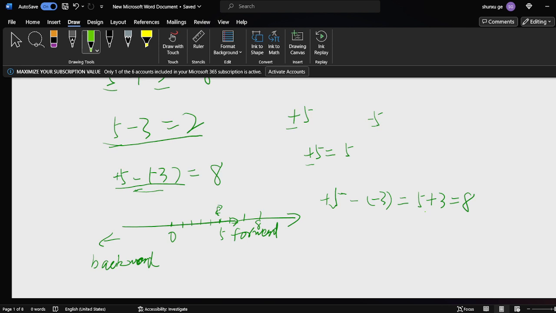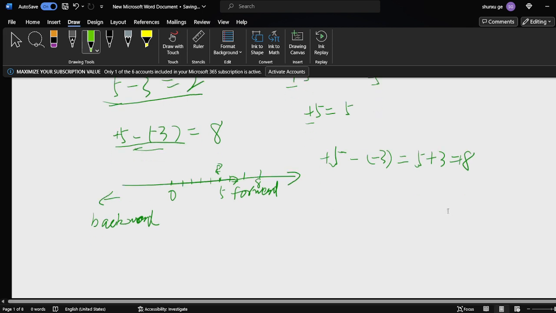Forward is here. So all the questions like this are forward. It means you can calculate like 5 plus 3 is 8. 8 is positive, but usually for positive we don't write that. Okay. So other things, I give you another question,